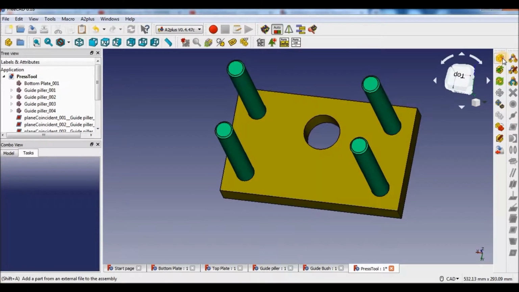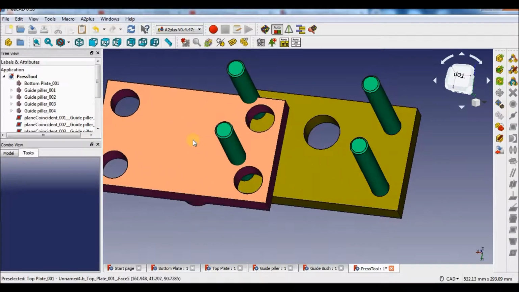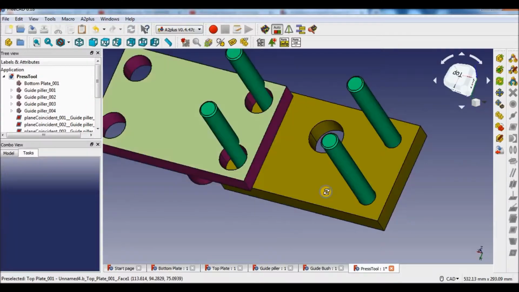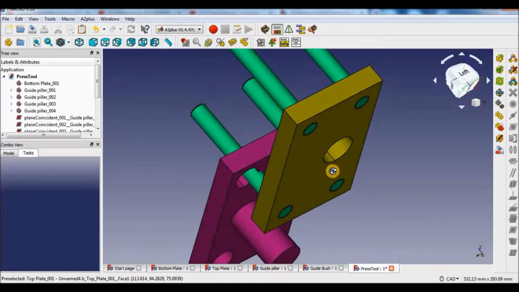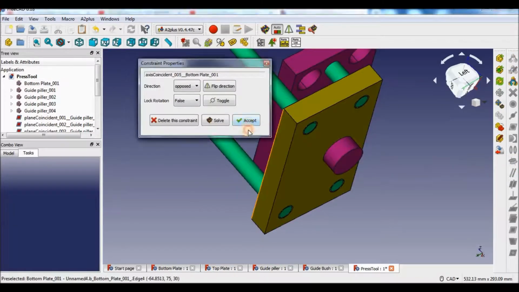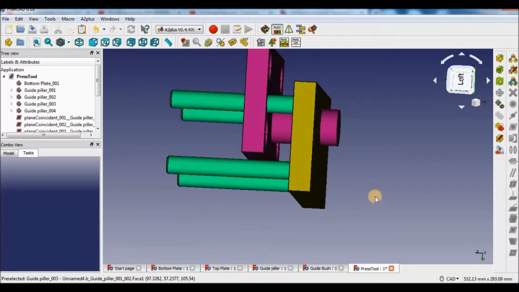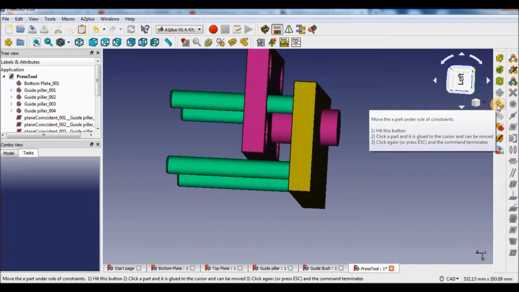Now we'll import top plate. So first of all, we use axis constraint. Then we'll rotate the top plate with the help of move option.